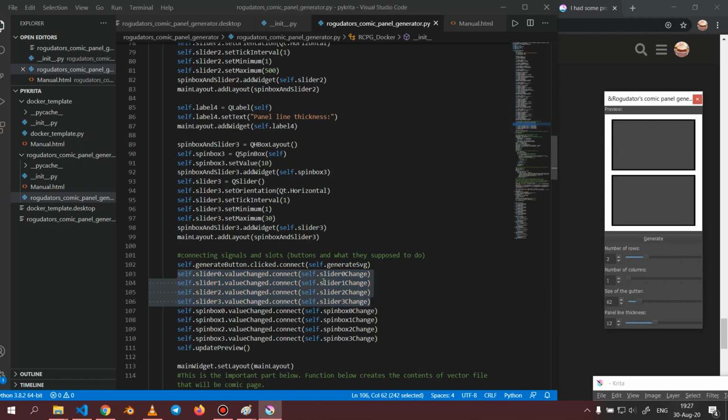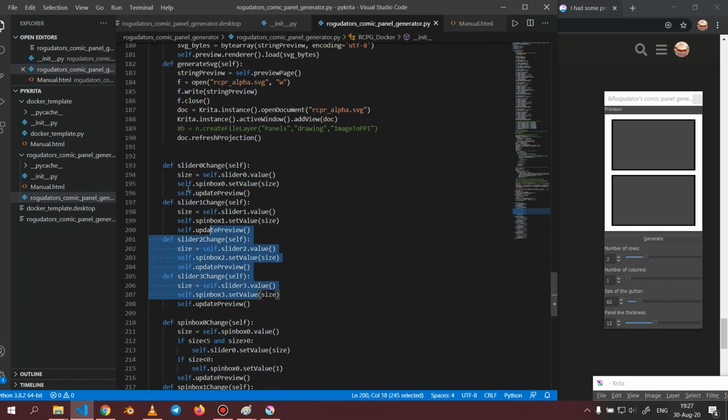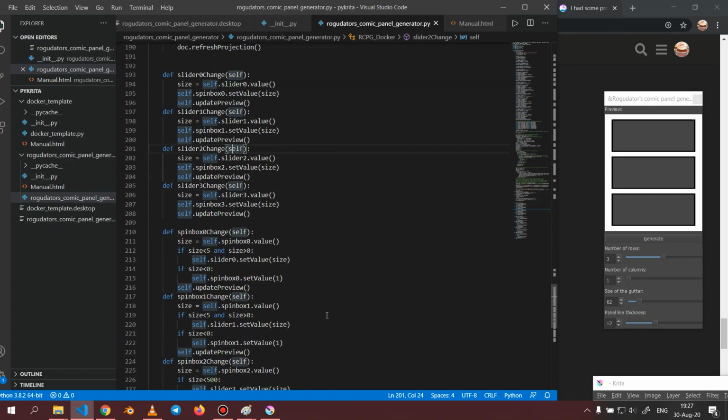When we trigger a slider, we call this function. Those functions are here. They're all pretty much the same. We change the value of the spinbox so that it will update, and also update this preview. And that's for every slider. The third one, the second one, and